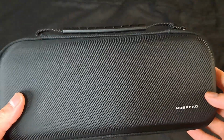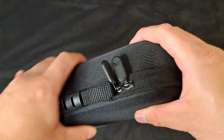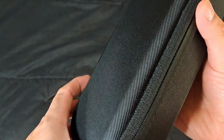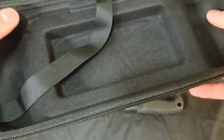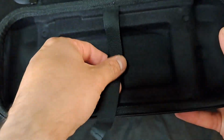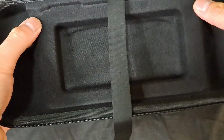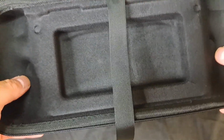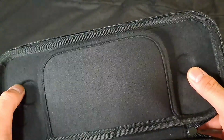But here is the Mobapad case itself. Got the Mobapad wording here. Basically your no-frills case. Fairly flat, so you can't put too much in here, but what you do is pretty substantial. Again, you got this little strap here, so you can pull the Switch out a little easier in case it gets stuck. But it's molded perfectly for the M6 HDs, including the top here with the round part for the